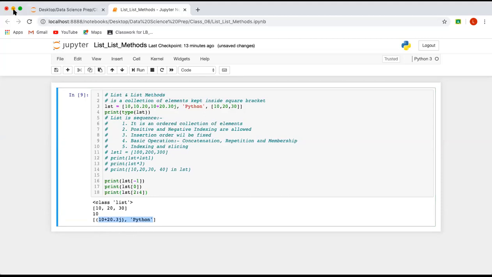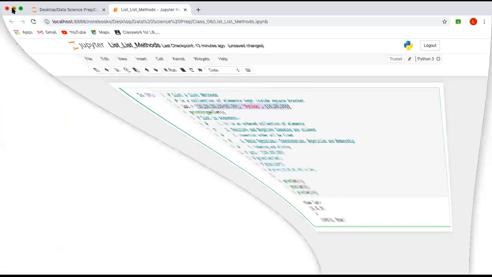Now, the next part is, we can see here the list is a collection of different kinds of elements. So I can say that a list may have a collection of similar elements, or a list may have a collection of different elements also. So if you want to keep only integer type, you can use a list and keep only integer type, but it is not fixed. You should not take only integer type. So in the list you can take any kind of data.